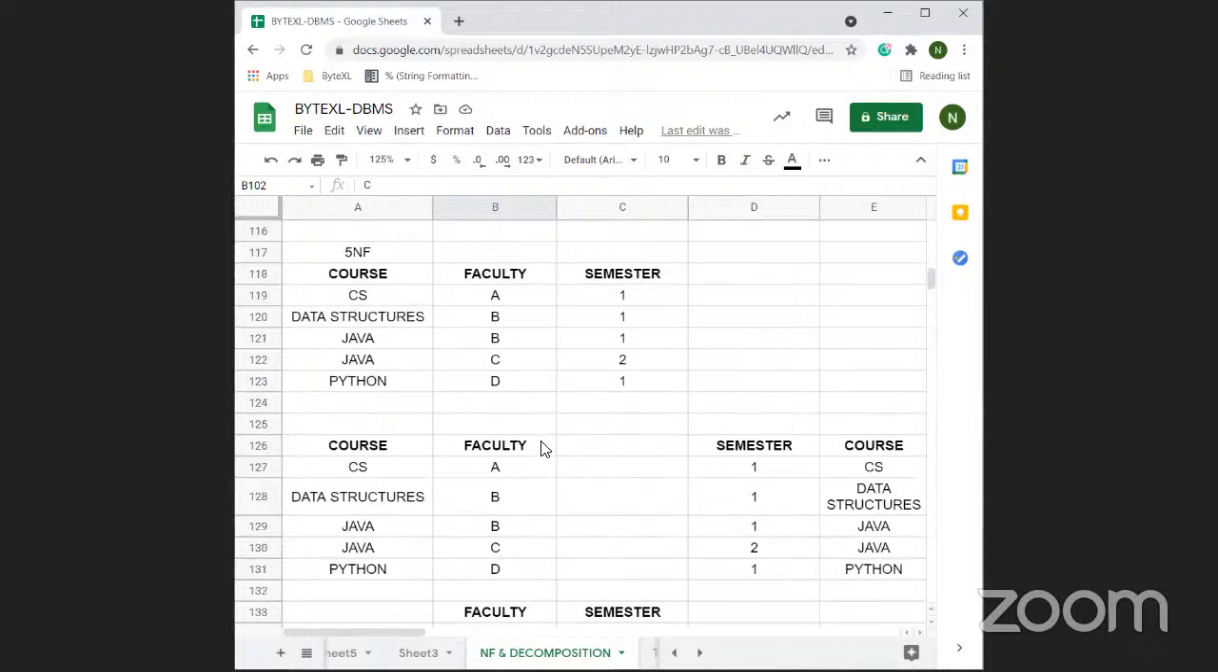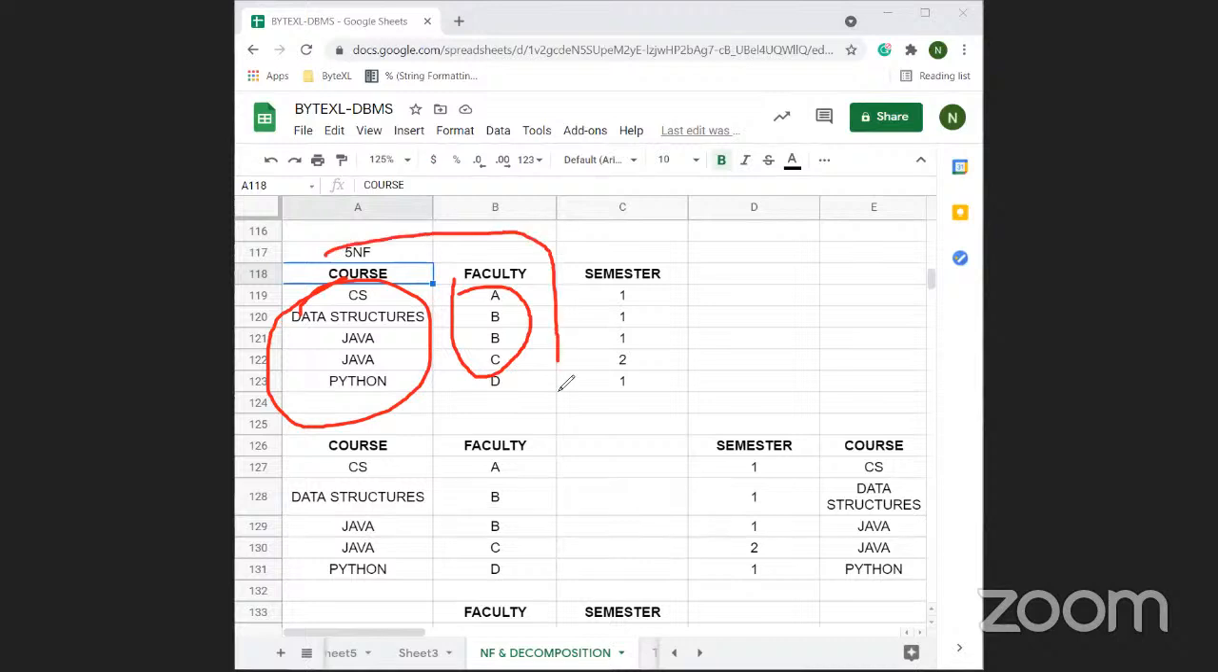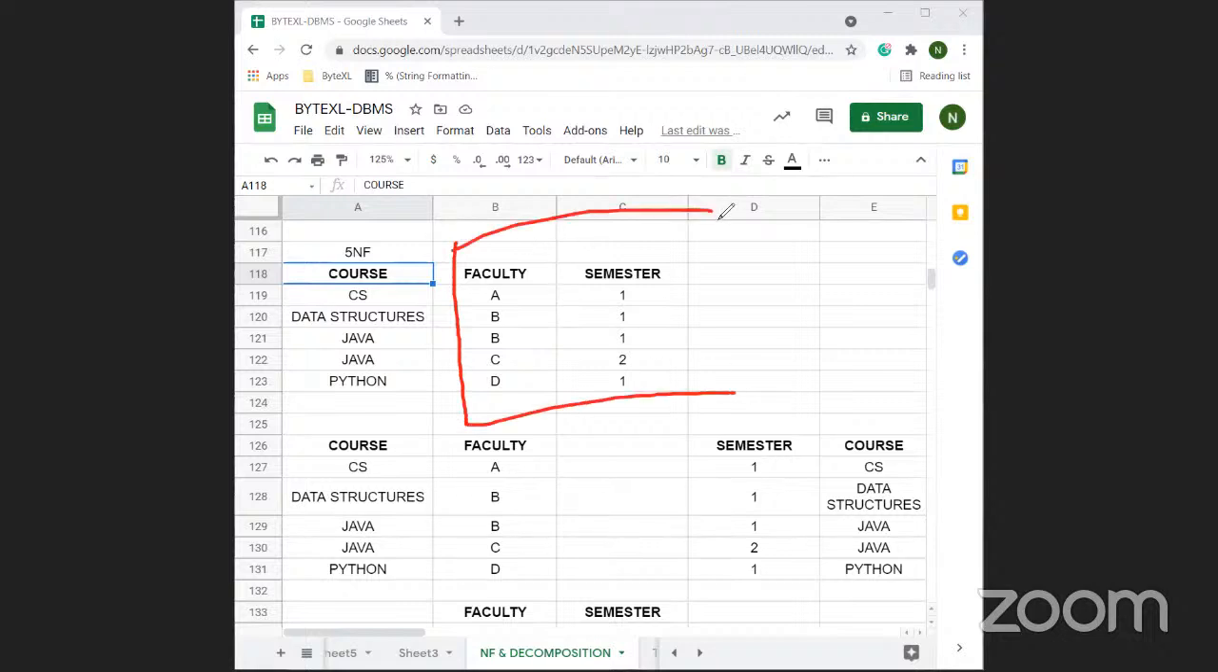And the final normal form is fifth normal form. This courses and faculty is one combination. That means which faculty will teach which course, and faculty and semester is another combination. These are not fixed combinations. That means